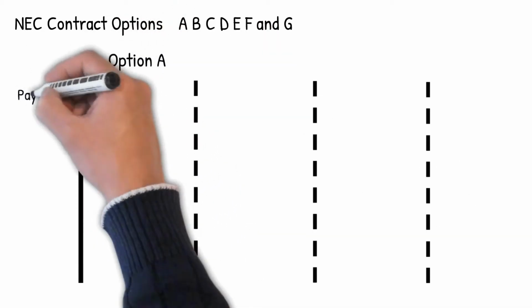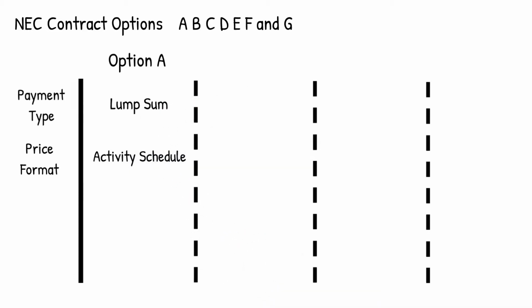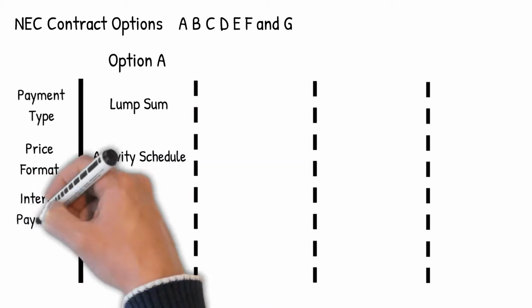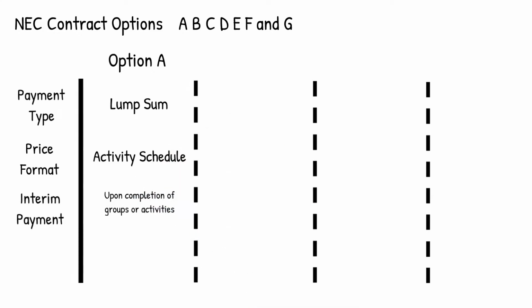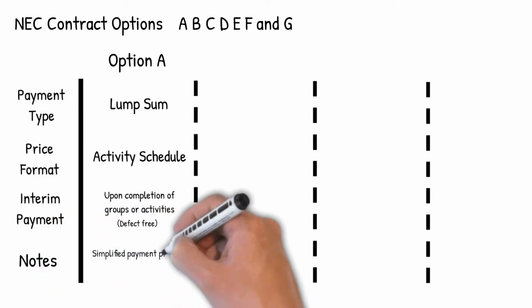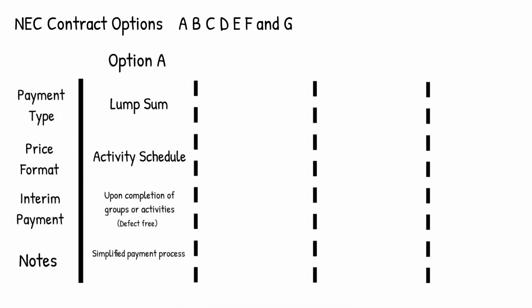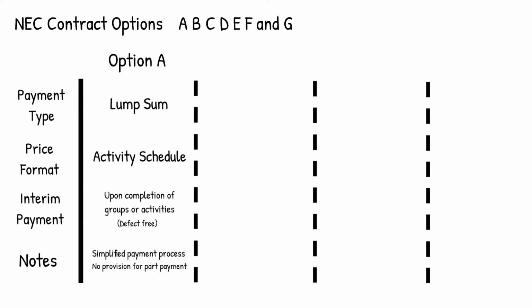Option A is a lump sum contract, made up of a price contract which is linked to an activity schedule. An interim payment is made upon completion of certain groups of activities, or activities which fall outside of a group. Payment is only made for these groups or activities, provided the group or activity is fully complete and defect-free. This system ensures a simplified payment process. However, contractors should be wary as there's no provision for part payment, so caution may need to be taken with